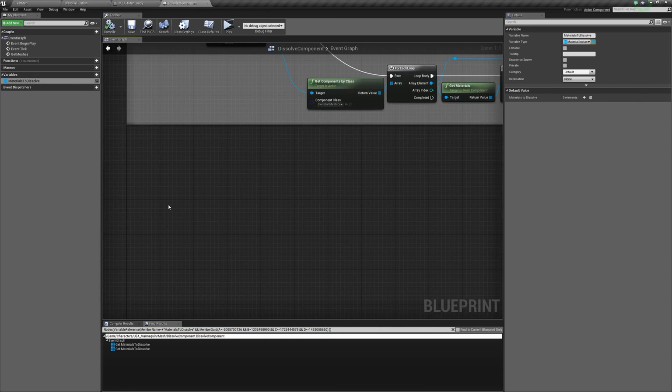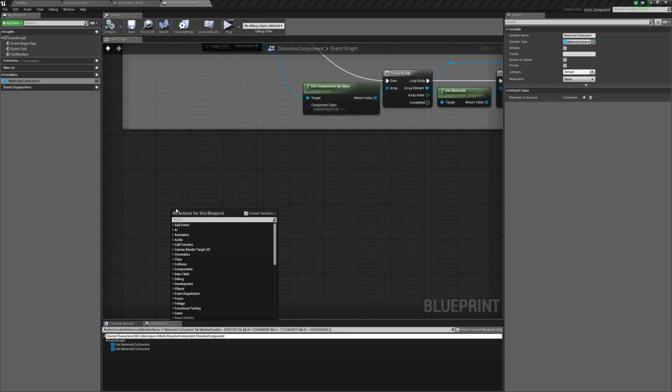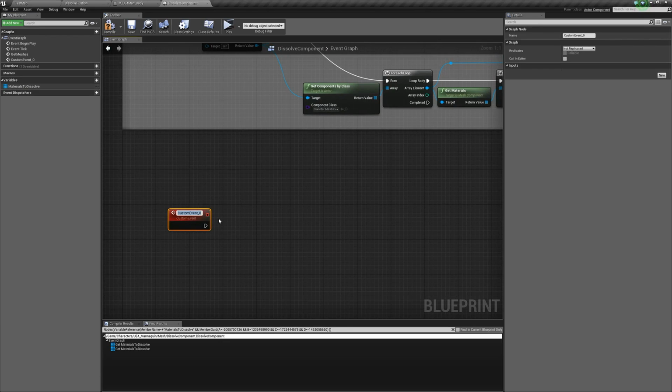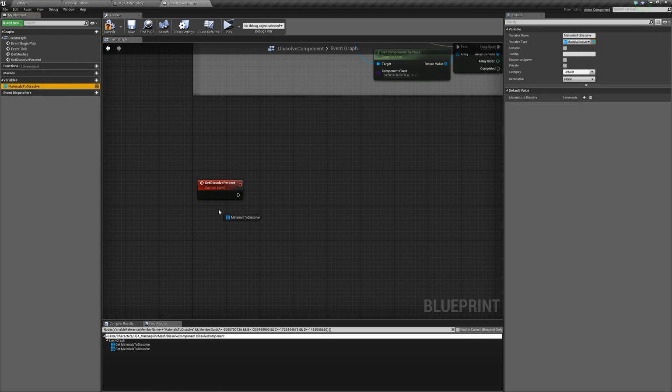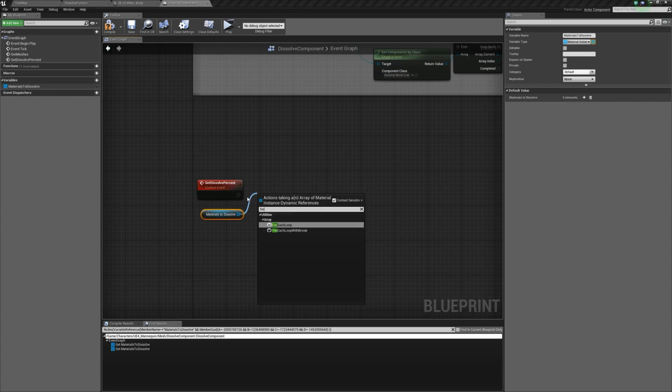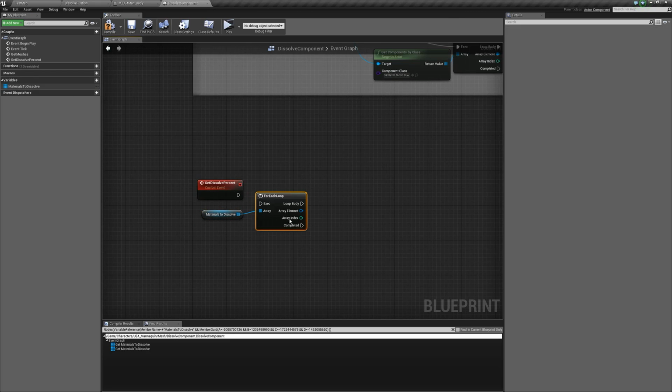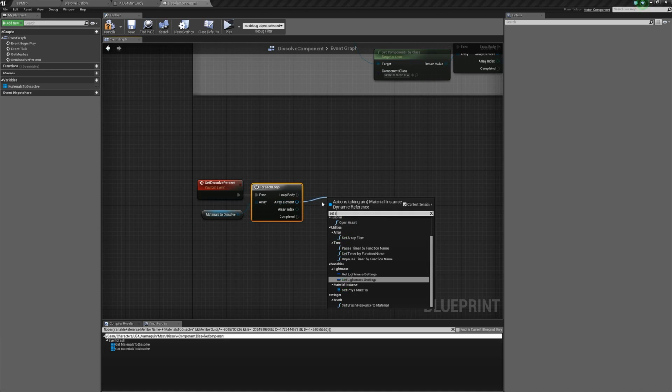So we're going to have to create a custom event now. So I'm going to right click and create a custom event, and we're going to call this set dissolve %. What we're going to do is get our materials to dissolve. And then for each one of these, we're going to search for a for each loop. So for each one of these, we're going to take the array element